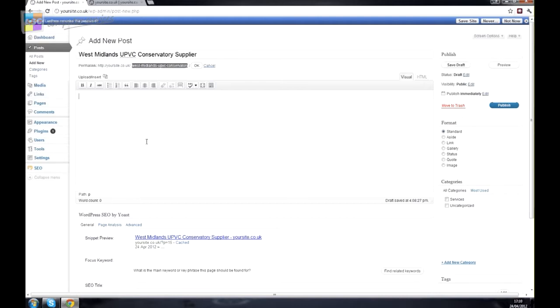Now the rule with content is ultimately create the most useful, readable, informative, interesting content that you possibly can. The only little side rules in terms of SEO, in terms of making sure that your site is well represented in Google and appears at the top of Google or near the top for as many things as possible, is to make sure that the most descriptive information is in the first sentence. So in this case, let's say ABC